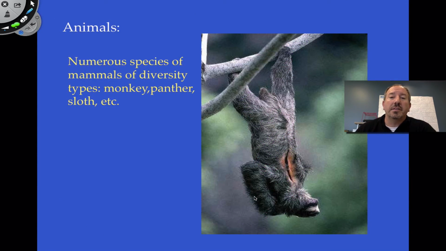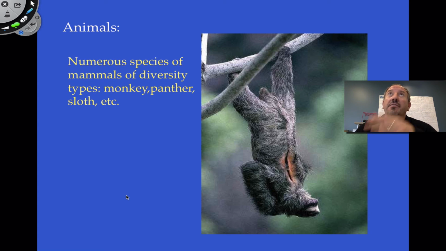And so the animals in the rainforest mainly live in the trees. They're tree dwelling. And there's a tremendous amount of diversity. There's a countless number of insects, but there's some cool mammals, larger organisms that live there, like for example the sloth, and there's all kinds of monkeys and panthers and all kinds of interesting things, but lots of insects. But the reason they're living in the tree is that, again, the trees are the main source of nutrients, and so the food is in the trees. So if the food is in the trees, the animals are going to be up there, and the shelter, the safety is in the trees.